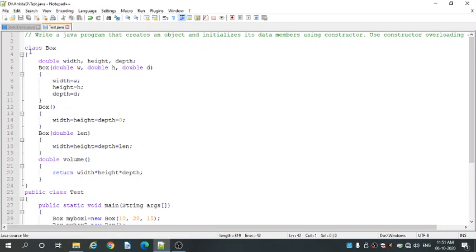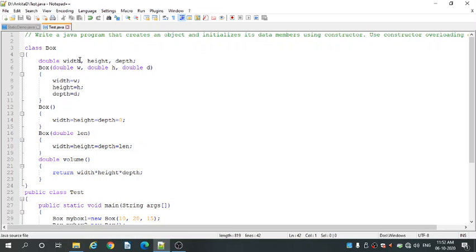Let's discuss class Box. We have created a class with the name Box. Inside the class, we have declared three variables of double type.